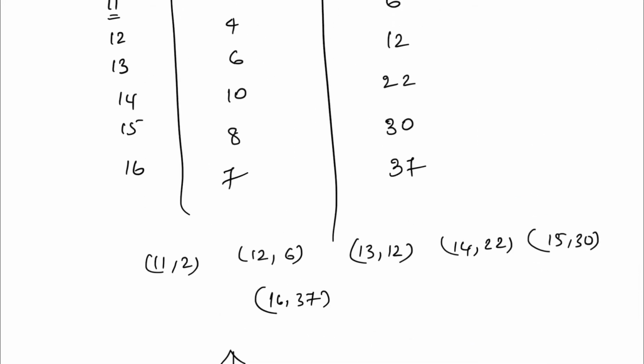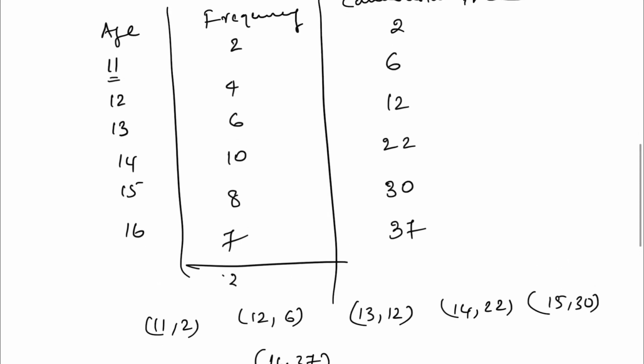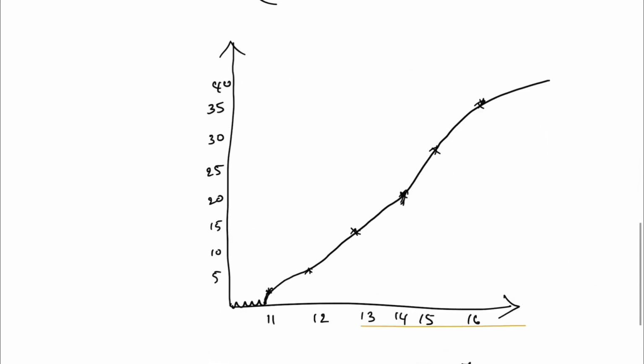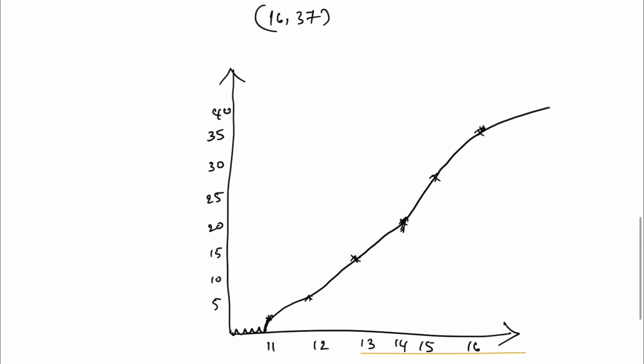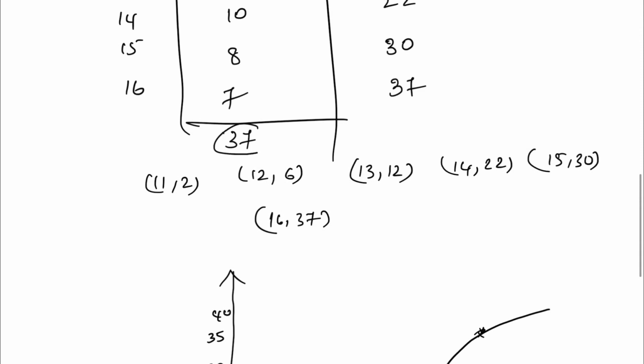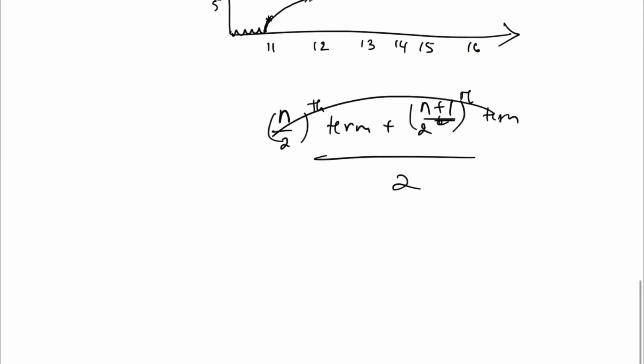In a frequency distribution table, you will get the n value, which you need to find first. So, it's 37 only. Your median and your n is odd here, right? That's what is coming: n is odd here. So, when n is odd, you will not use n by 2.